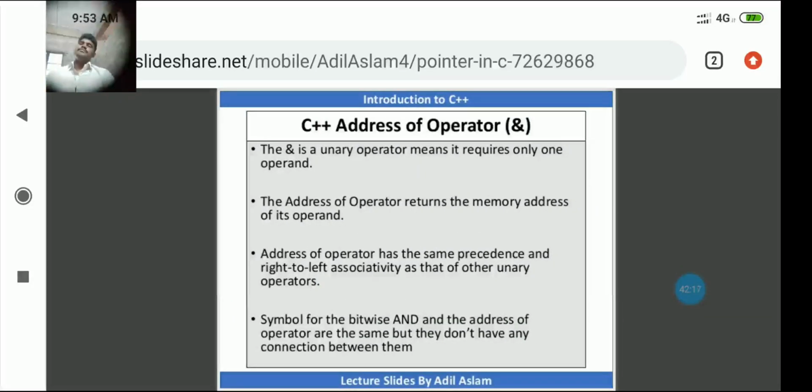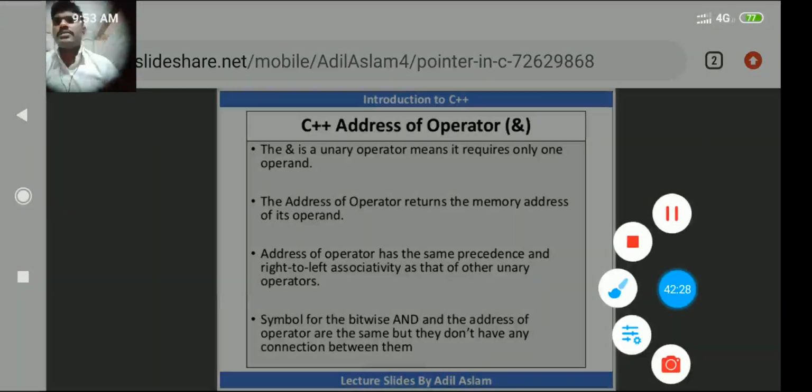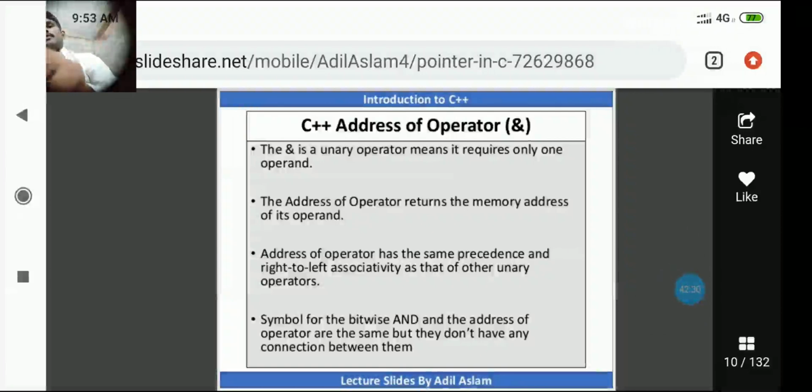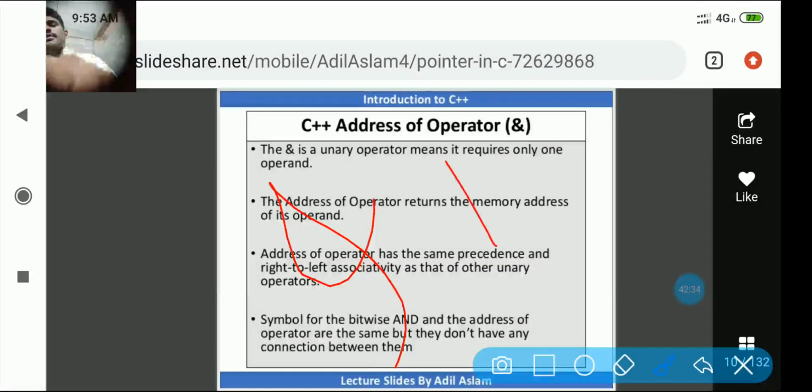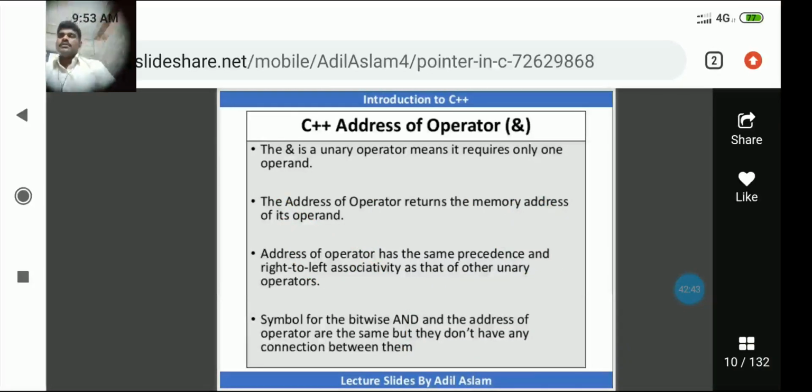Look at here. The ampersand is a unary operator, meaning it requires only one operand. What is the meaning of operand? Variable is the operand. Ampersand B is the referent for operator ampersand. The address of operator returns the memory address of its operand.